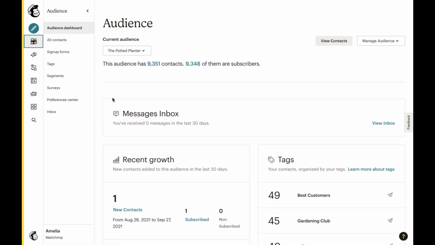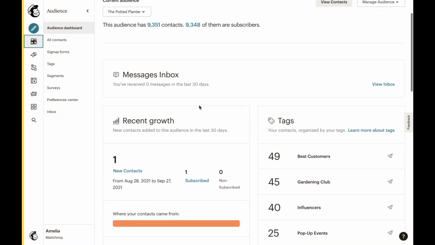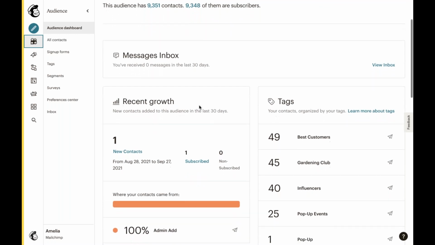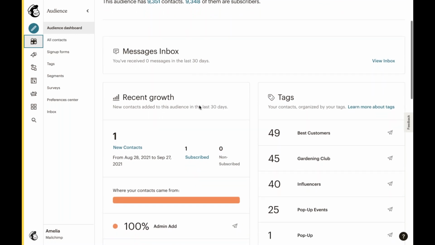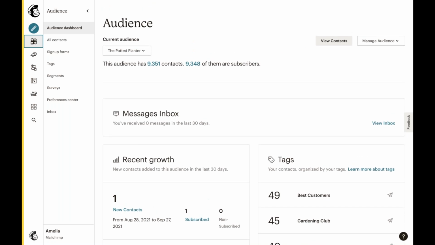So as we said earlier, your audience dashboard highlights valuable details about your contacts. And here you're going to see segments of your audience based on various factors, such as your audience growth, your audience's most commonly used tags, as well as marketing engagement, among other things. Now, furthermore, clicking any of these sections will allow you to easily take action by prompting you to send these various segments a campaign. So just like that.